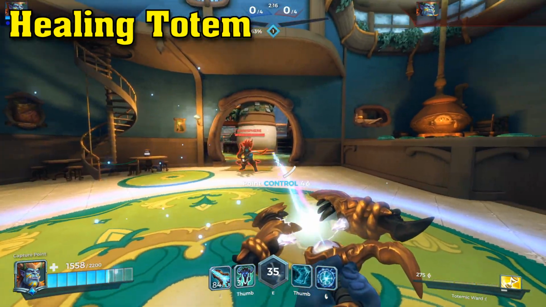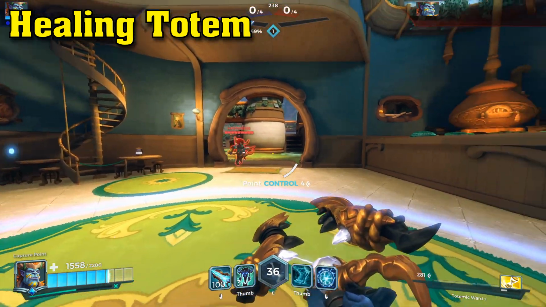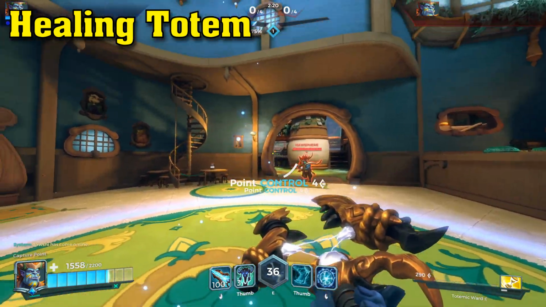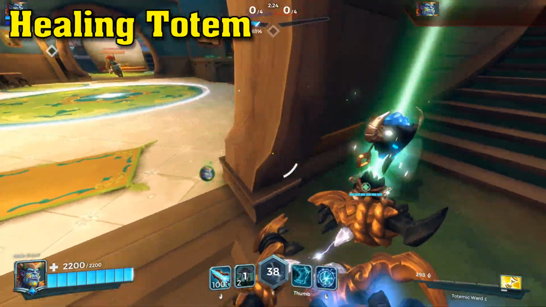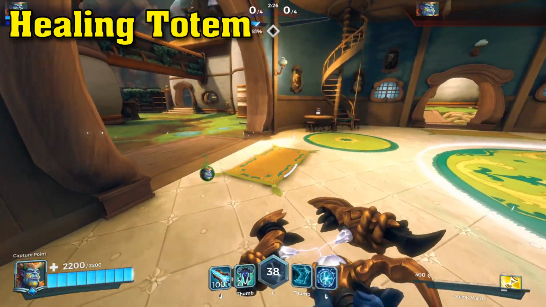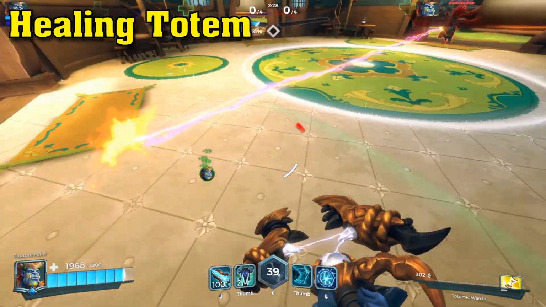If the enemies are here, shooting here, and there's a totem there, I'm going to prioritize shooting this way, and the totem's going to be out of the way. Or, you know, just completely do this. Completely behind the wall, but I'm still getting healed here. So if your teammates are chilling in this area...